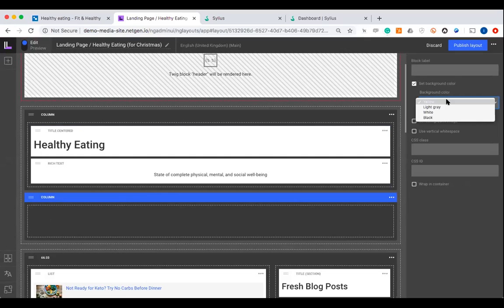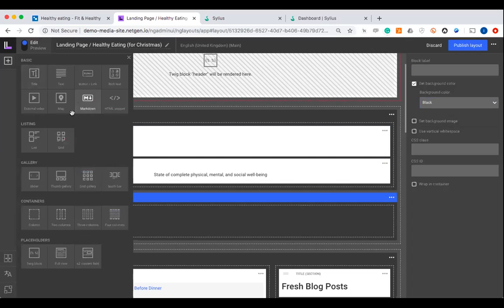This is all prepared. You need to have some of the components that you want to build with prepared. So what I have is a column container block, and I also have this option to set it in certain colors, which are defined in the design system that we defined. So I want to make it a black ribbon, and then I will add a title,